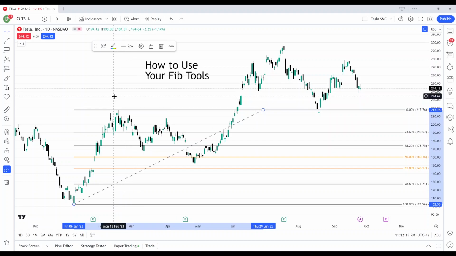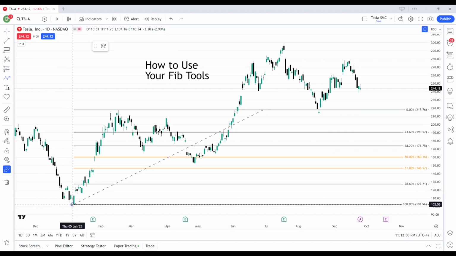Or if you happened to go against the original move. So in this case, we had a bullish move and we were looking for a retracement. So if you went short here or into puts, then you'd be looking for price to retrace for an exit. So now what all does this mean exactly, and how do you enter trades based on it? So let's look at